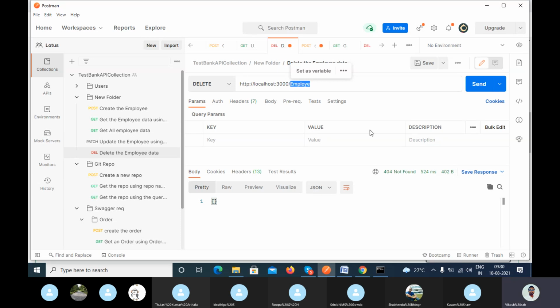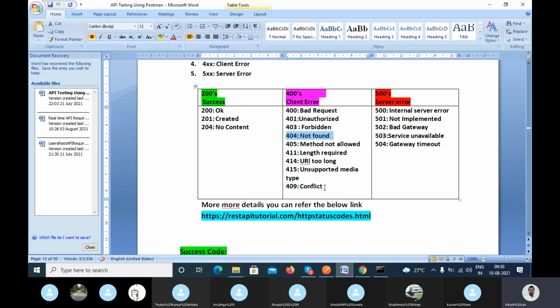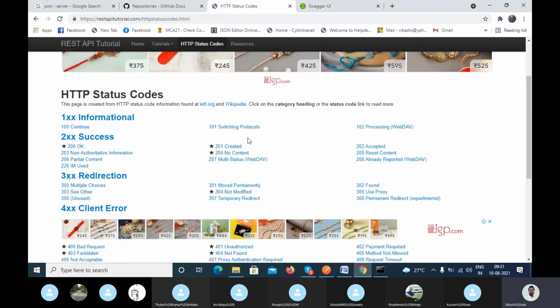It is defined by the API protocol actually. If it is a client error, then we use the 400 series. If it is a server error, then we use the 500 series. If it is the 200 series, then it is successful. Here you can see in the document they have defined these things.